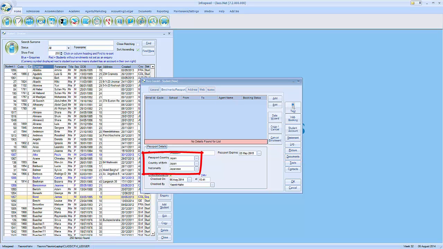The passport country, country of birth and nationality has fed in from the information I have entered in the previous general screen. This box here is where the student's enrolments are held. As Gerald is a first-time student, we'll be adding his first enrolment, but if this student was coming back for a third year, you'd see 2 enrolments here already, and you'd now be adding a third. So I'm now going to click on Add, and we're going to move away from the student information and into